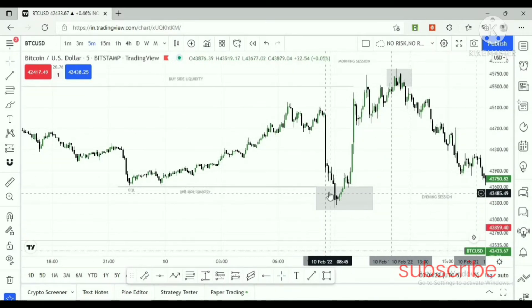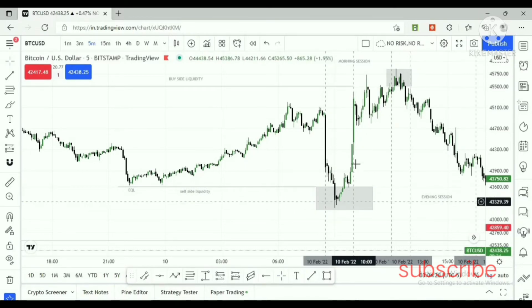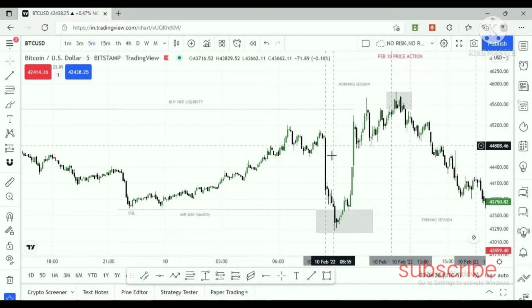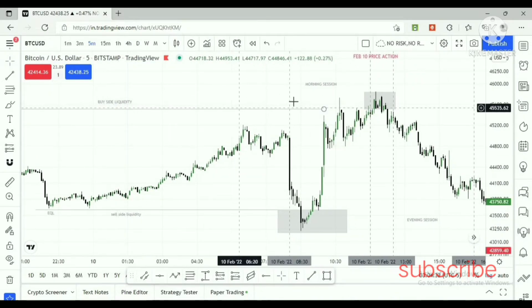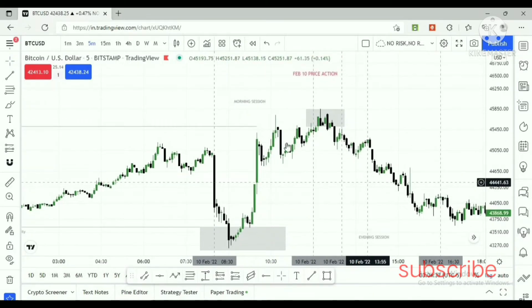First they clear, after 8:30, the sell liquidity and rebalance this imbalance, moving the market to this upside, up to this buy side liquidity, the previous day high. After clearing this buy side liquidity,